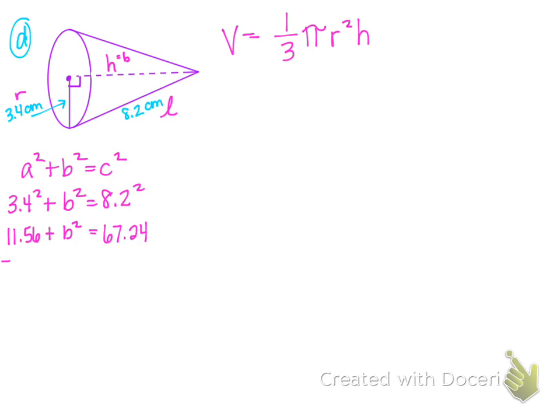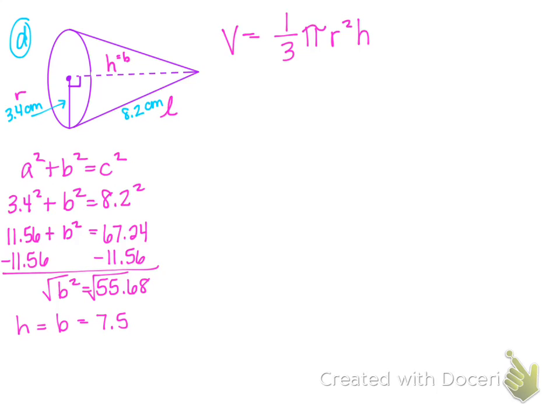Then we're going to subtract 11.56 from both sides. Then we get b squared is 55.68. Then square root, and you get our little b, which is the height, is